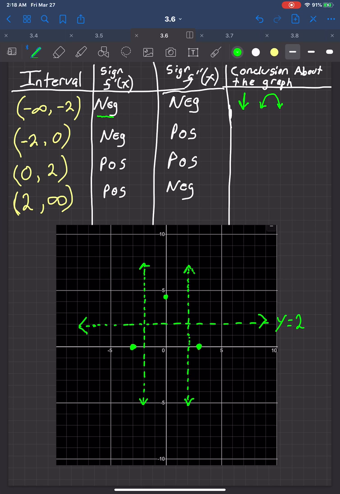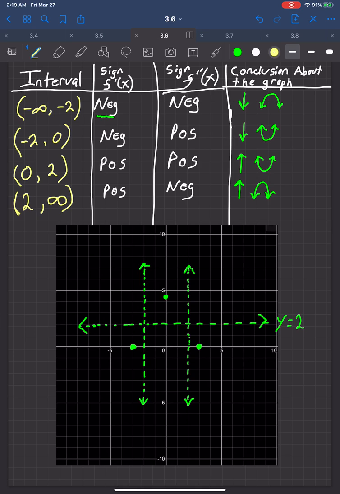Let's continue. So next interval, negative first derivative means decreasing. Positive second derivative means concave up. Positive positive would mean that your function's increasing while also being concave up. Positive negative would mean your function is increasing, but it's concave down. And now, armed with these vertical asymptotes, horizontal asymptotes, and these x-y intercepts, I'm going to try to sketch the graph of